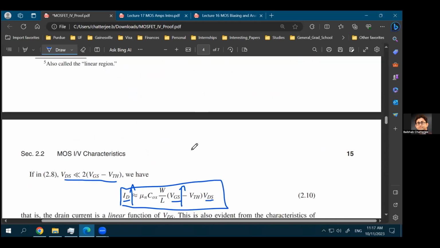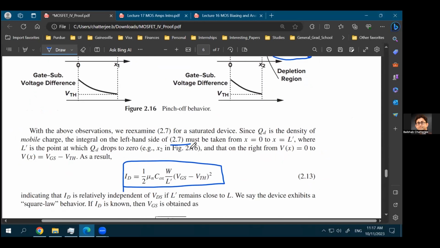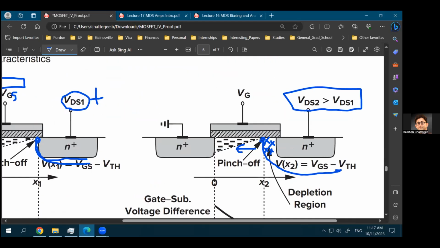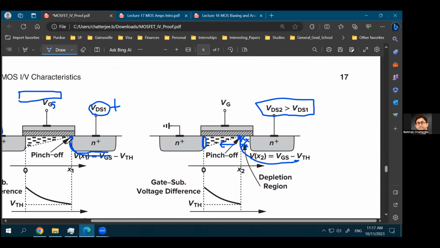Why is that? Because again, if you look here, the voltage at the source side is VGS minus VT. The voltage at the pinch-off point is 0. Earlier, the pinch-off point was here, where you are integrating from the source to the drain, the entire channel region. And at the drain, the voltage was 0 because this was a voltage that was equal to VGS minus VT. And at your VDS, you are applying some amount of voltage. So those two voltages, so basically what you can probably draw is that